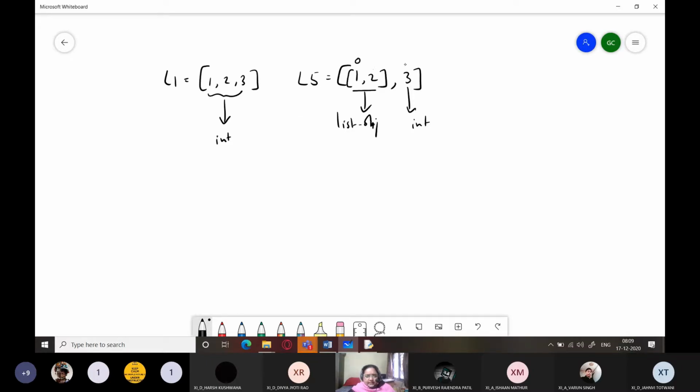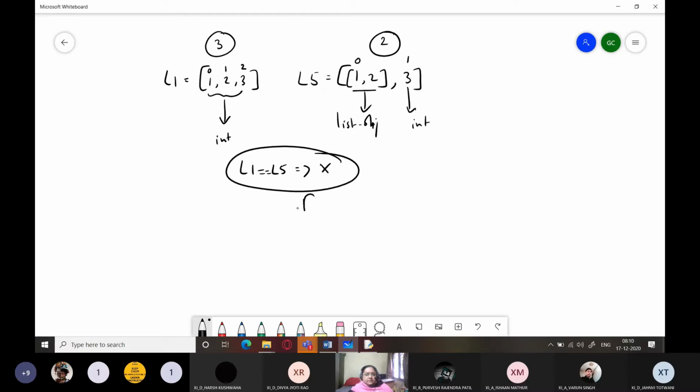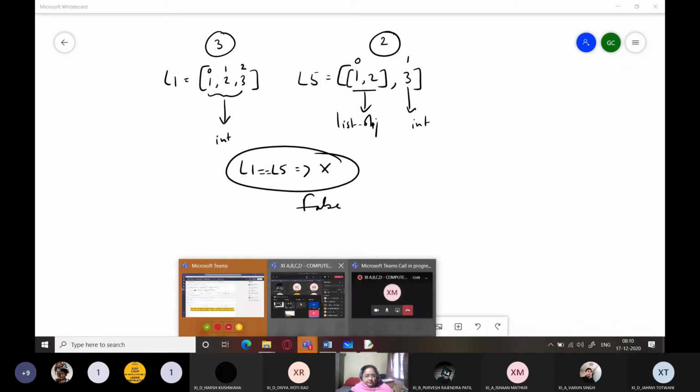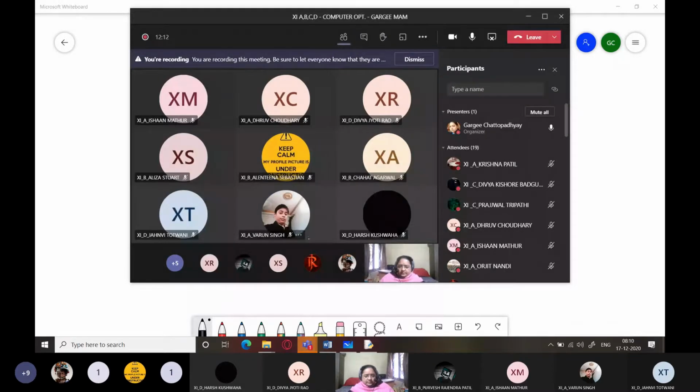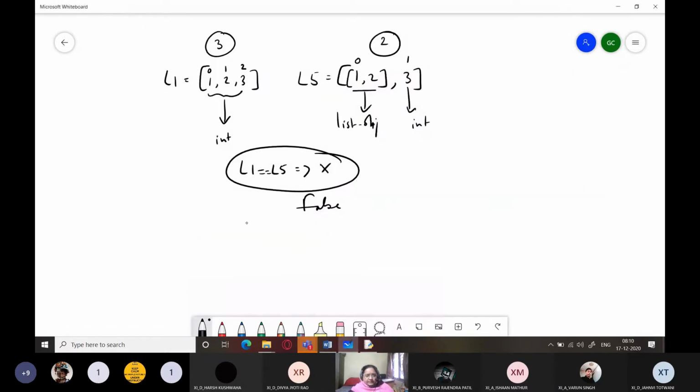So here the indices are 0 and 1, here the indices are 0, 1 and 2. So here we have three elements, here we have two elements, and moreover this is a list object, not an integer object. Hence comparison is firstly not allowed between non-identical objects, right? Hence if you try to compare L1 with L5, the result will be false. Is this clear to everybody?